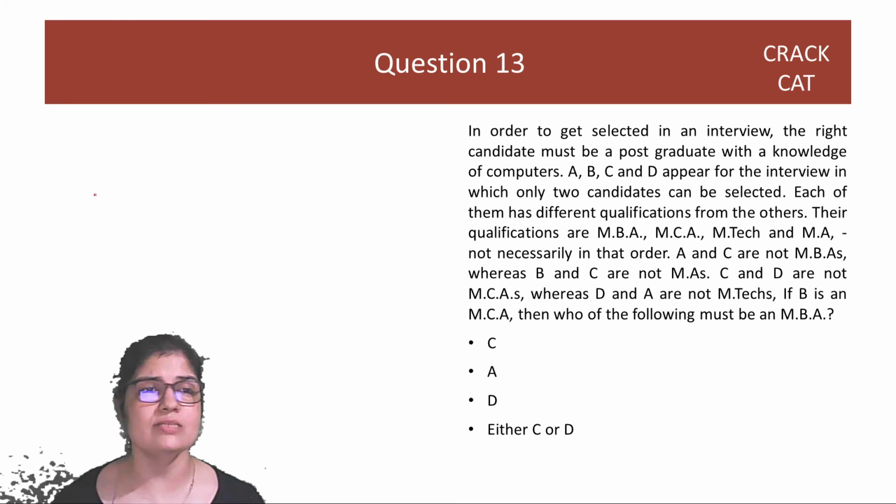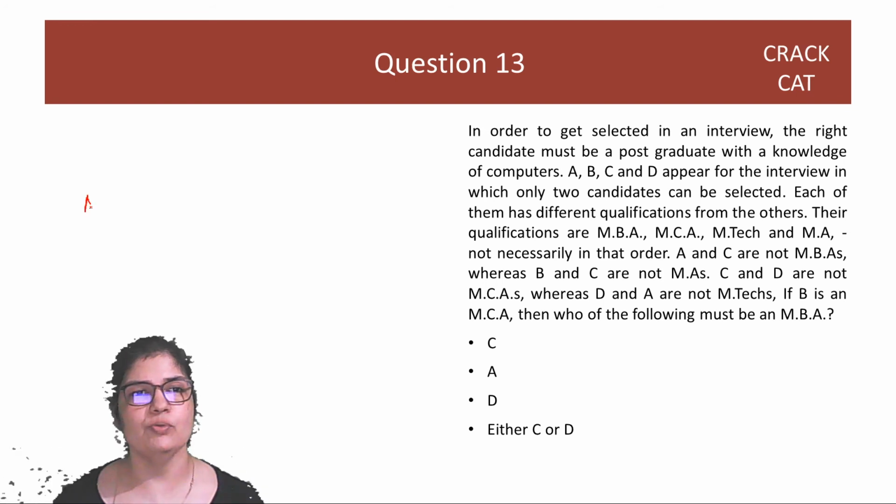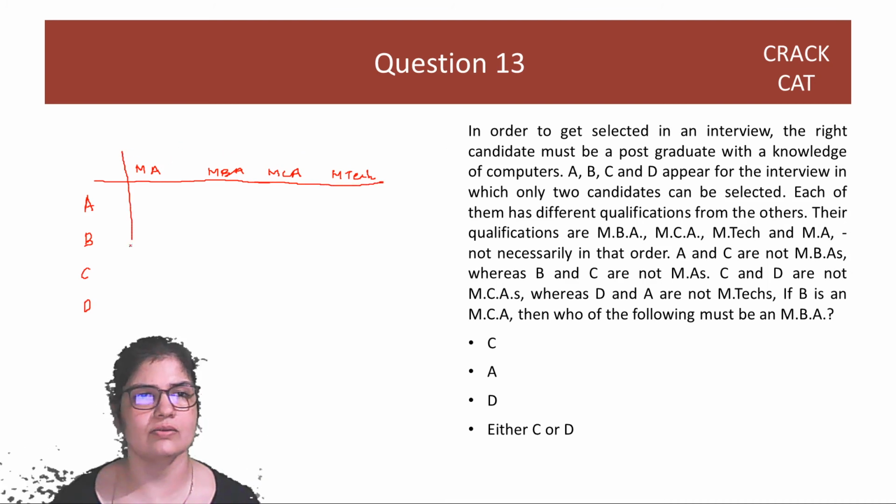So, to solve this without thinking and quickly, okay, you'll definitely get the answer. You have to make a table like this. A, B, C, D. Okay, these are the 4 people. And they can be MA, MBA. So sometimes you may not need to do this. Sometimes it may be easier to just work, but this is a sure shot method. So why just waste time trying 1 or 2 things? Just draw this table.